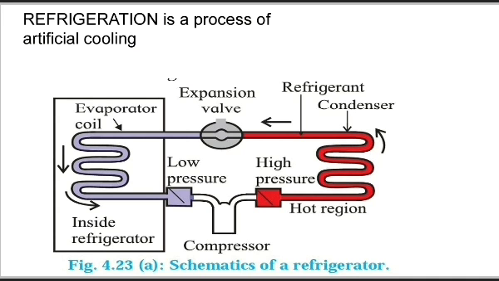So this process is actually a four-step process. First, through the expansion valve, it is an adiabatic expansion. Inside the refrigerator, it is an isobaric process because it is at constant pressure. Next, in the compressor, the gas is compressed, so it is an adiabatic compression. Last is an isobaric process outside the refrigerator.